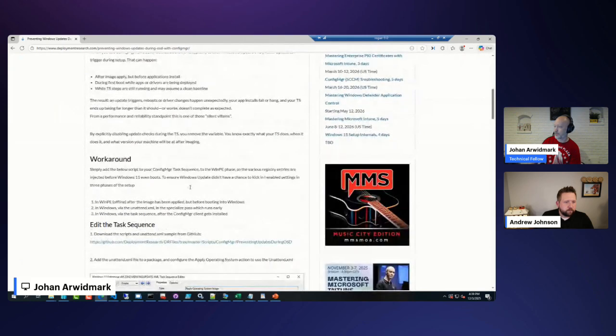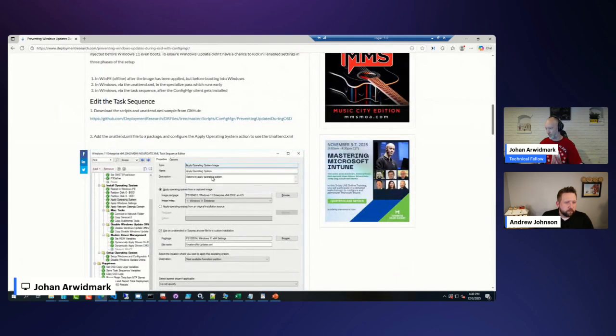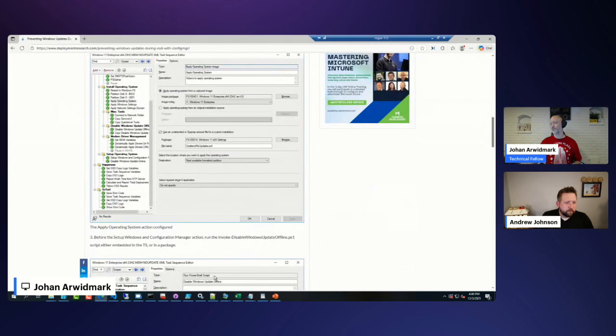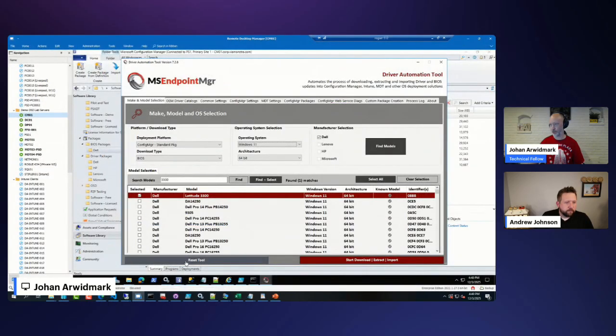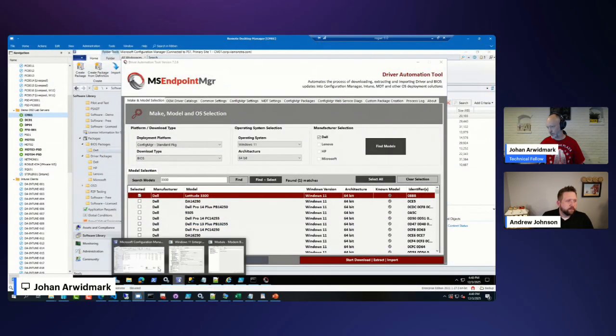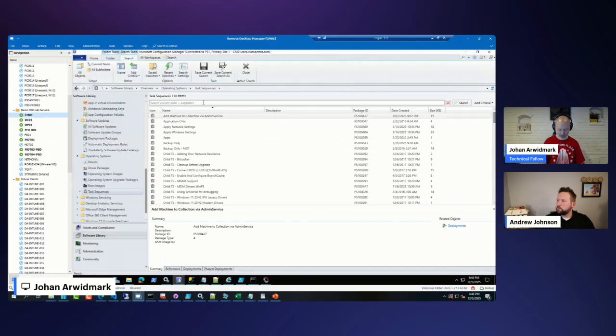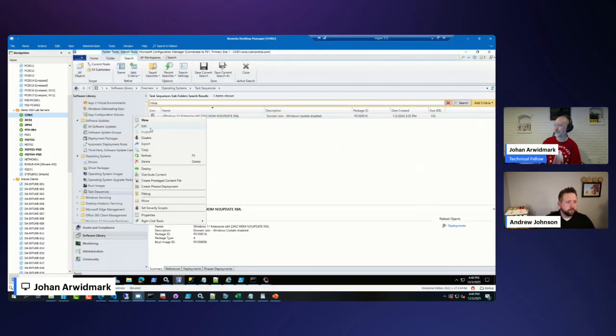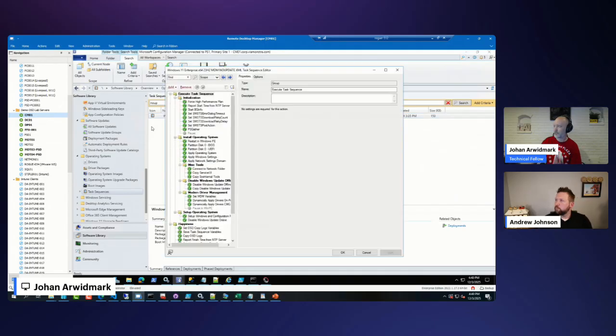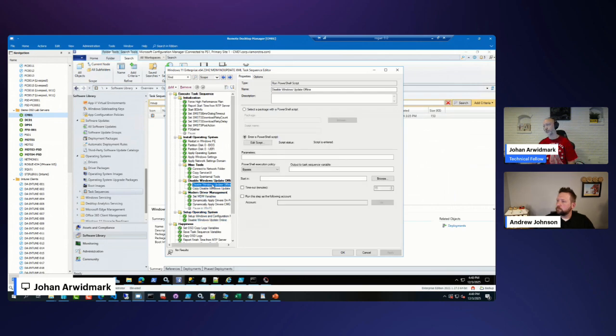There's a couple of scripts that you download and add to your sequences. So I wanted to show you briefly how that actually works. If I head over to my sequences, and I'm going to go to my no update sequence. So the first thing I do is during the WinPE phase, I go ahead and run a PowerShell script